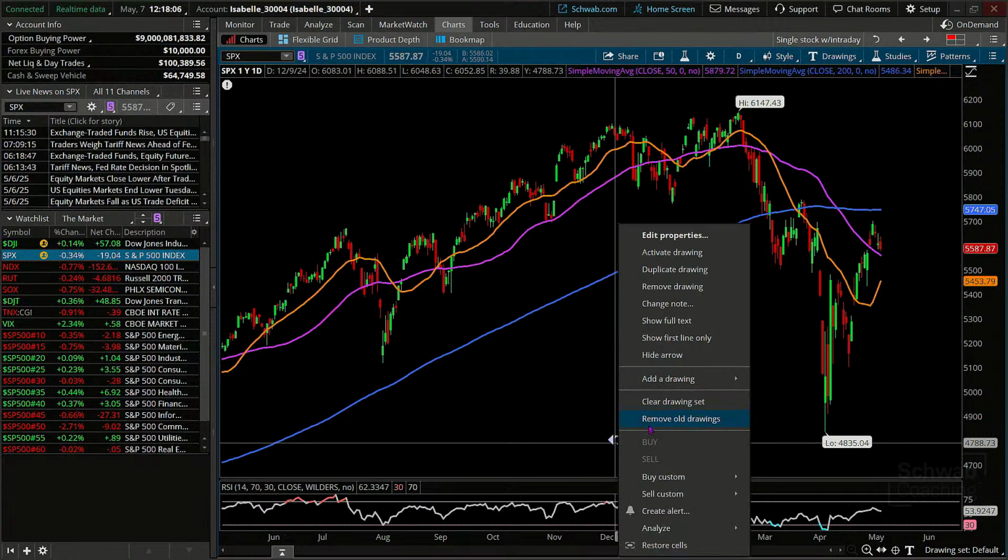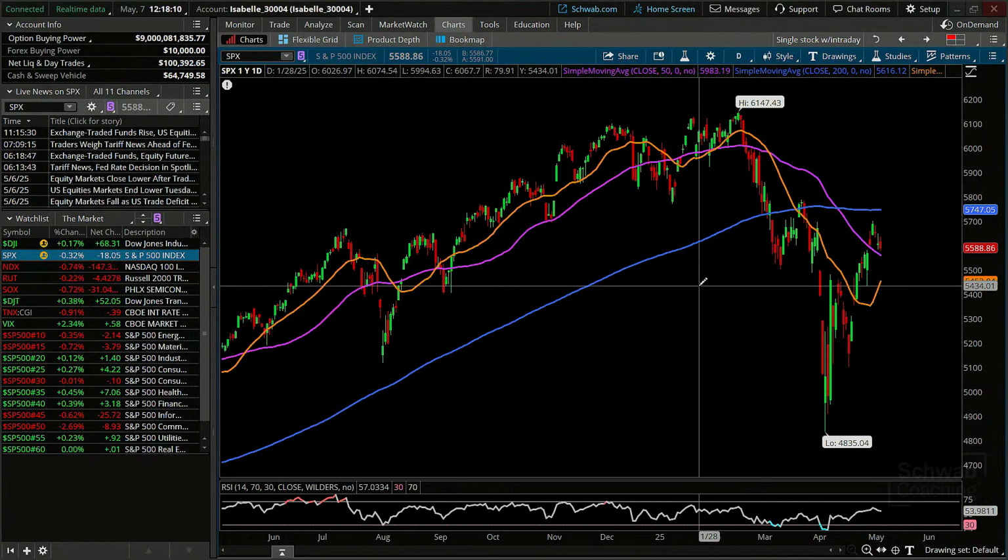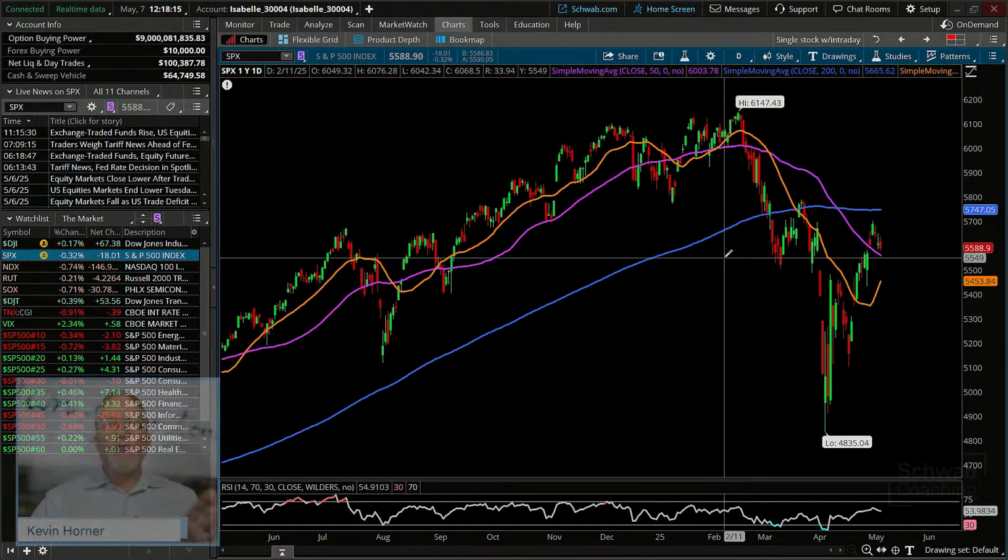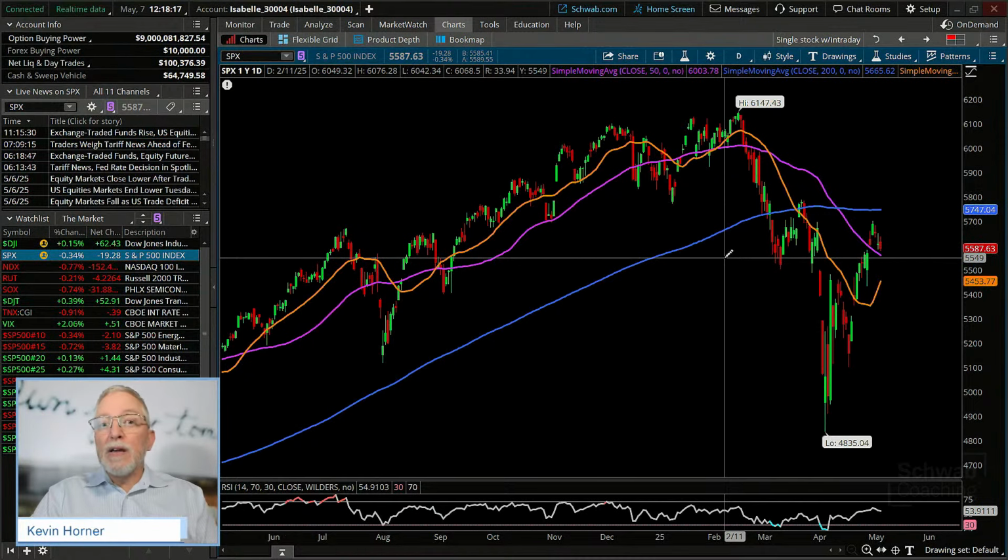Okay, so I remind myself that there are some easy things to do here that make my process even easier on myself. Creating draw sets is a really important one of them, because let me give you an example. If you are ready to share a chart that you have drawn up, so let's say you've gone about the process as I might, I've put all my lines in there, I've got notes to myself and everything, and your buddy says, hey, show me what it is on that chart that is drawing your eyes to that trade.